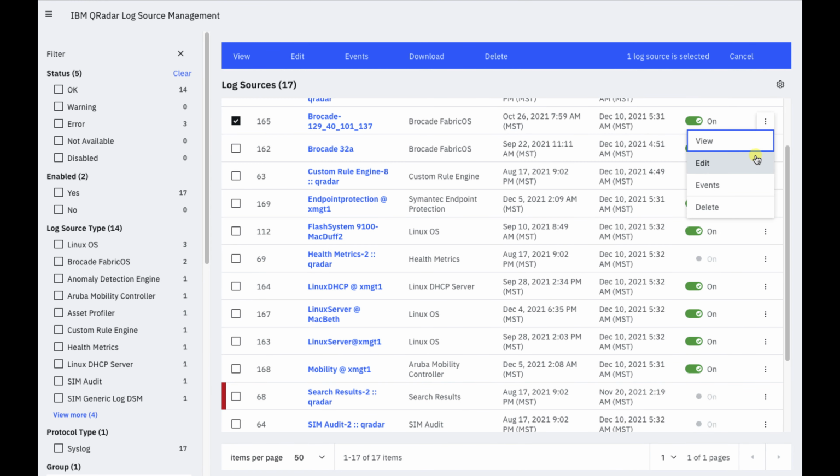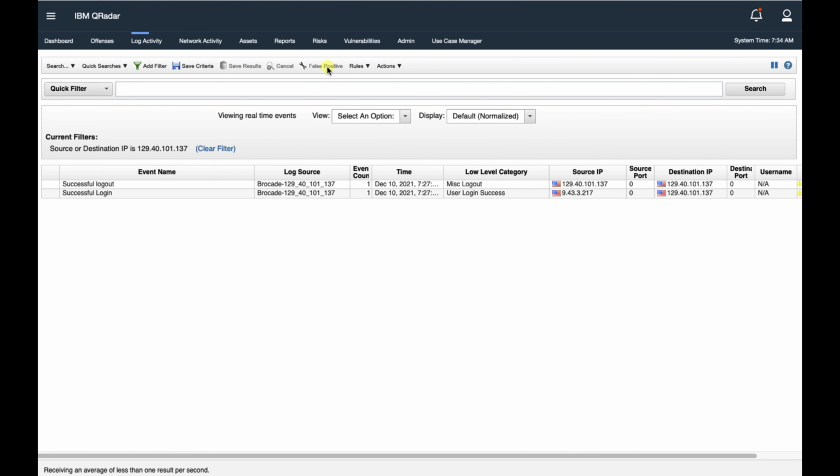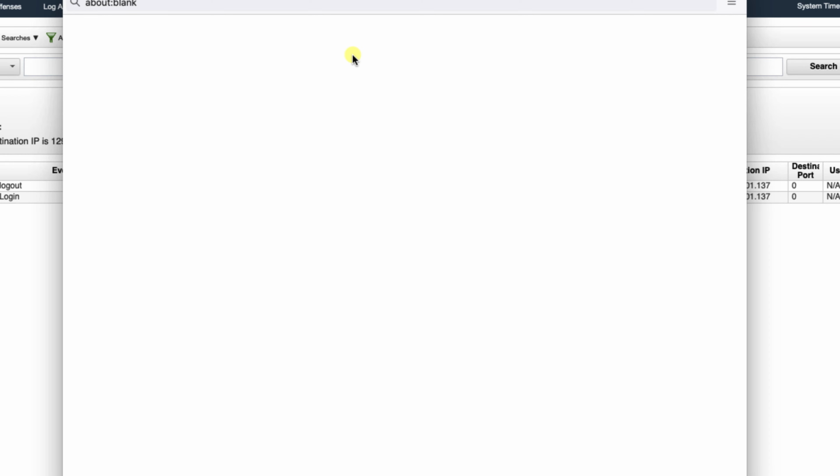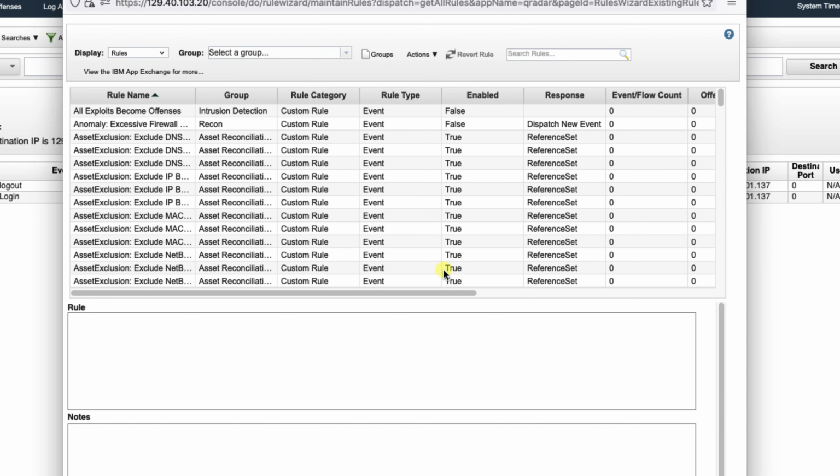And now let's actually pull up all the events that it's seen so far. Now, what's important is we've seen these events, but we need to teach it what to do. Let's go to the rules now, and I'll show you about the rule that we created that shows off how to block the IP address. And again, this rule is documented in the Red Book or Red Paper. Feel free to download it, and we'll show a little bit of it in this video right now.